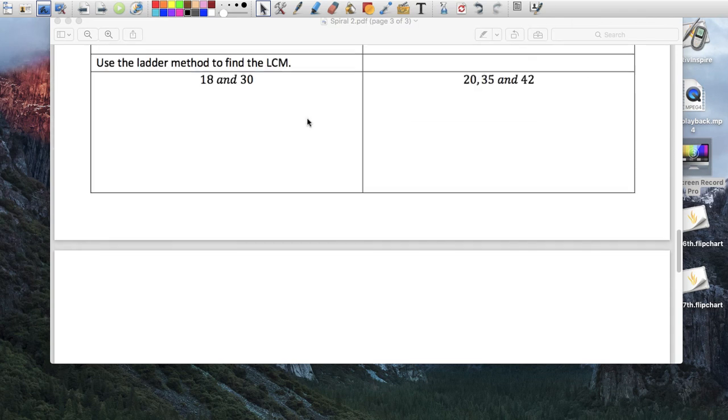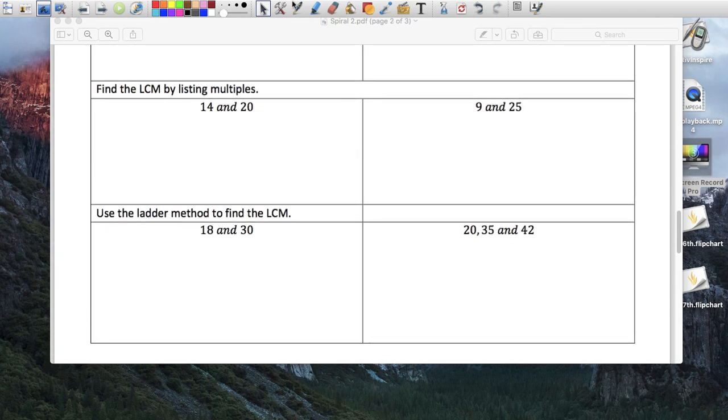Multiples. Oh, that's it. Okay, so multiples by listing. Ew. Good luck there. So let's do the easy one. 20 times 1, times 2, times 3, times 4, times 5, times 6, times 7. I'll stop there. 14 times 1, times 2 is 28, times 3 is 42, times 4,